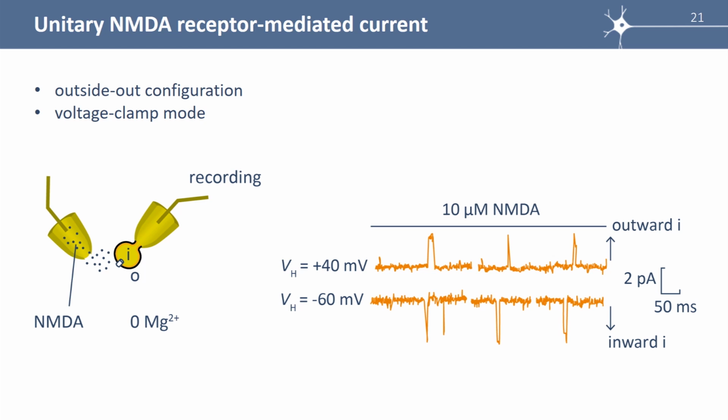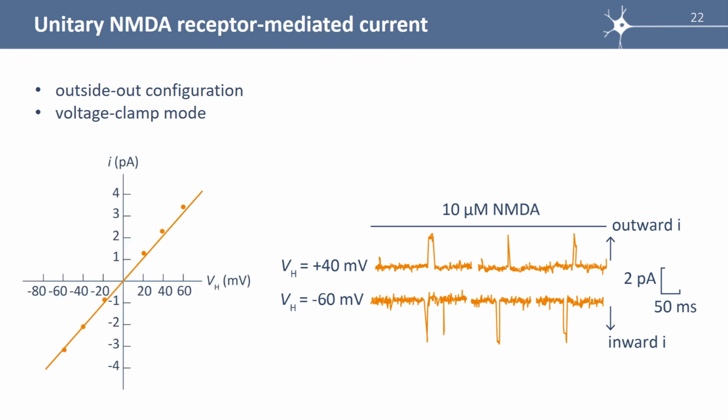To identify the exact value of this reversal potential, we plot the IV curve. If we plot the amplitude of the unitary NMDA current, lowercase i NMDA, versus holding membrane potential, we obtain a linear curve which reverses, here the current reverses at 0 millivolts. So at hyperpolarizing holding potential, the current is inward, negative. At depolarizing membrane potential, the current is outward, positive. So this reminds what we obtain with the AMPA current and suggests that the NMDA channels are permeable to cations.